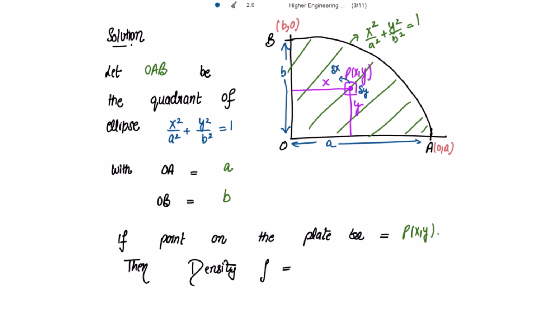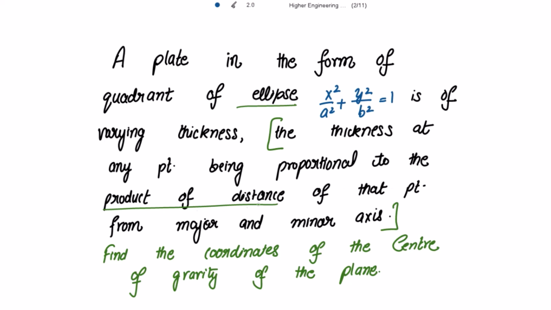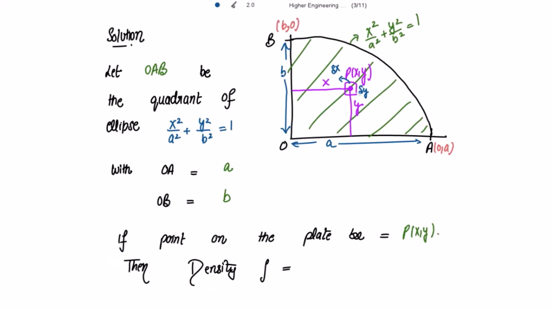And it is given to us that the density is proportional to the product of the distance of that point from the major and minor axes. This is your point P, right? We have to take the distance of this point from the major and minor axes. And this density is equal to the product of those distances. So the density is proportional to the product of the distances, that is x into y. One of the distances is x and another is y. So the product is xy. And because this density is proportional to this product, we can write this density to be equal to a constant k into this xy, where k is a constant